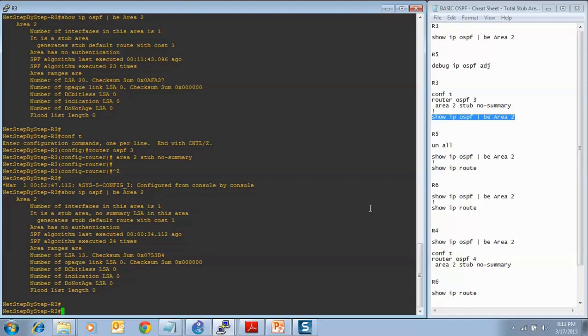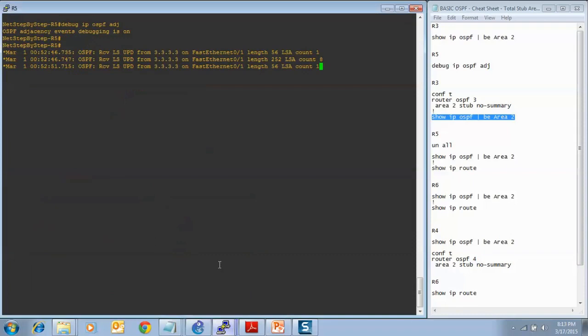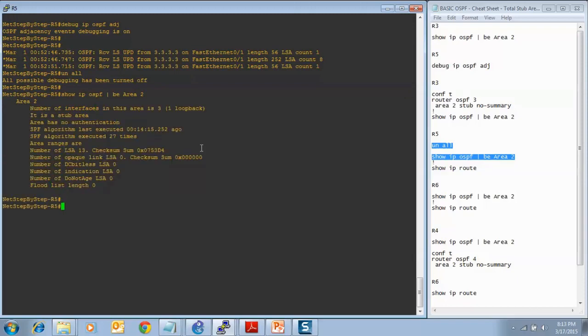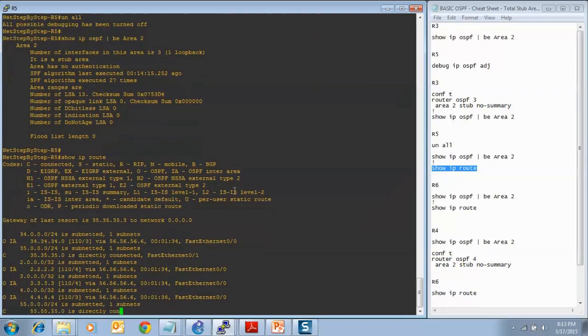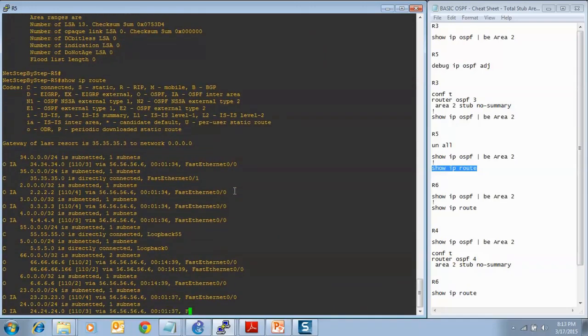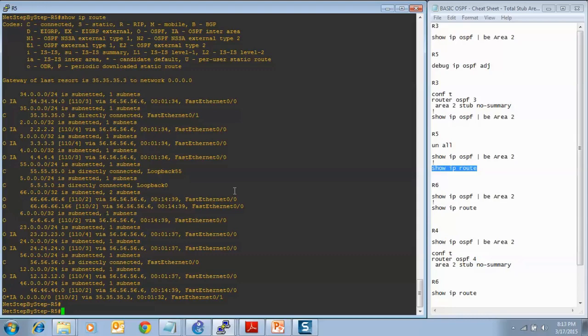Now I'm going to stop debugging on router 5 and check IP OSPF area 2 utilizing command show IP OSPF pipe begin area 2. From the output, I see that this is a stub area. Staying on router 5, I'm going to check the routing table utilizing command show IP route. From the output, I can see that there are OSPF routes, inter-area OSPF routes, and a default route from interface